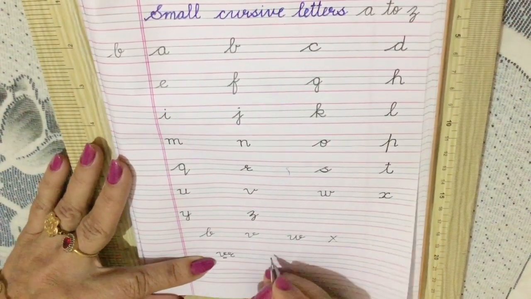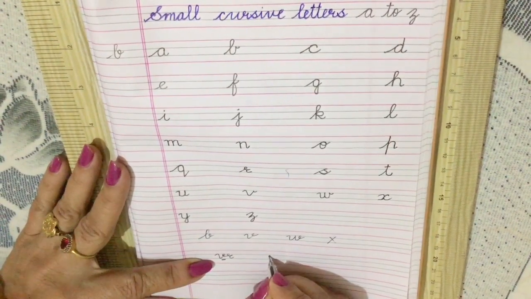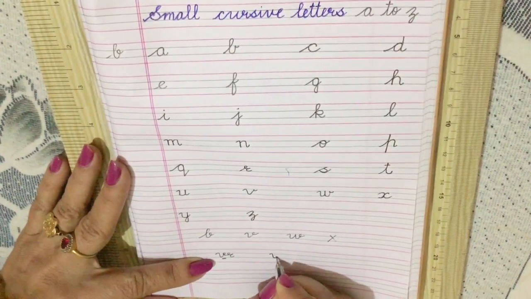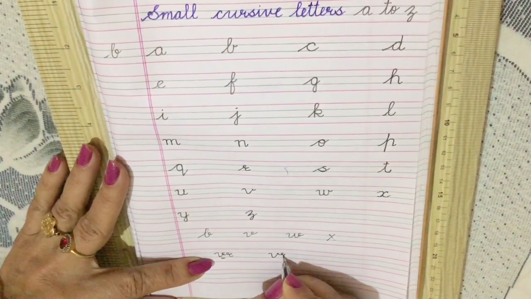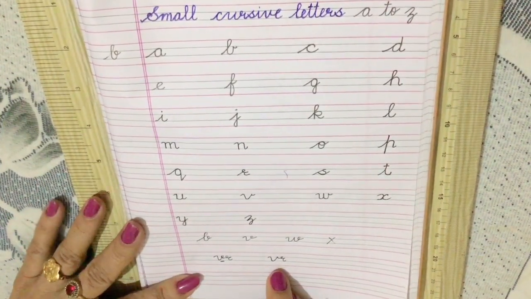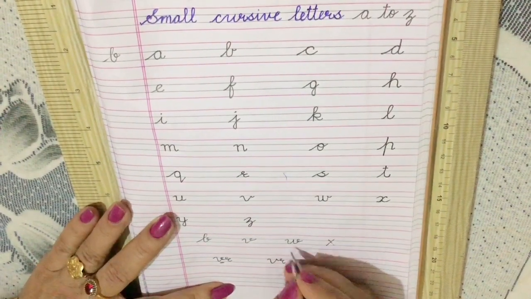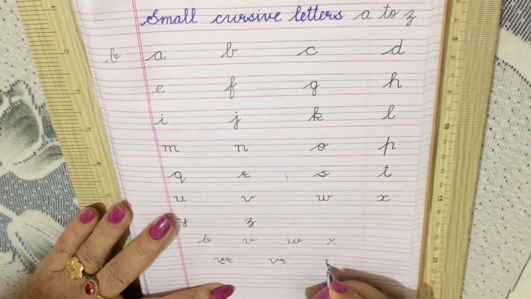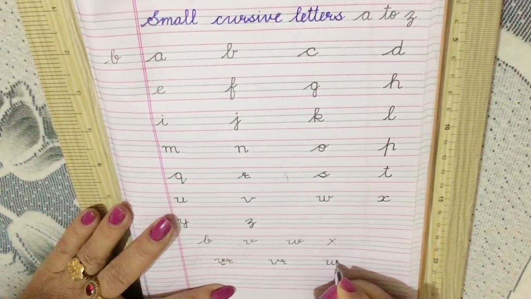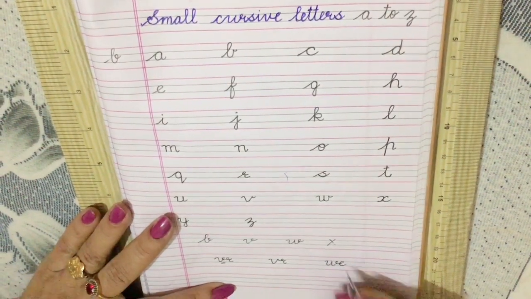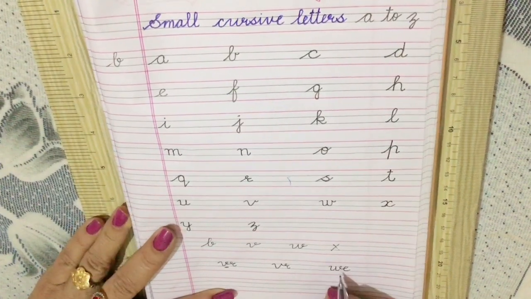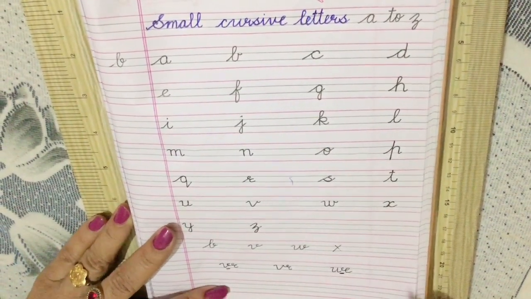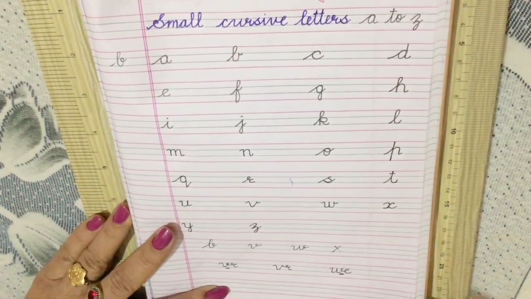So now I will tell you the correct formation of writing V and R together. First you write V and with this you will write R. Now you can read it clearly. Same thing when you write W and E together. If you make this loop and you join E, then it will be read as letter R.